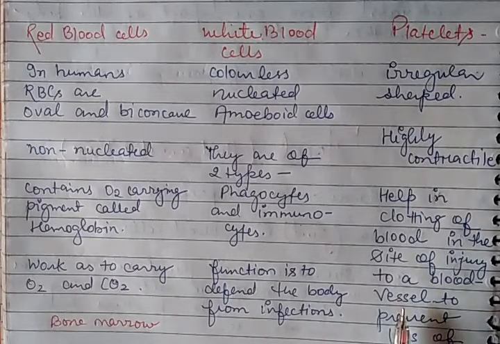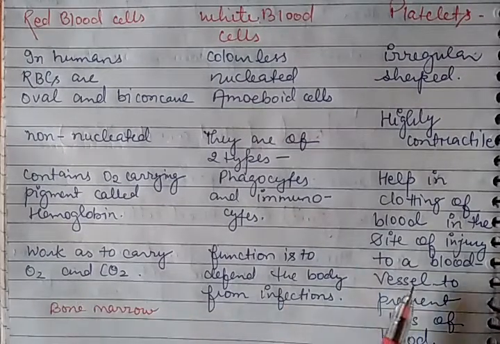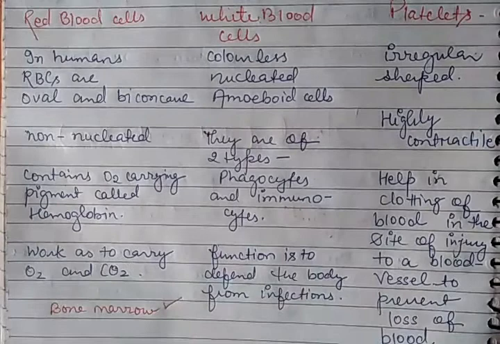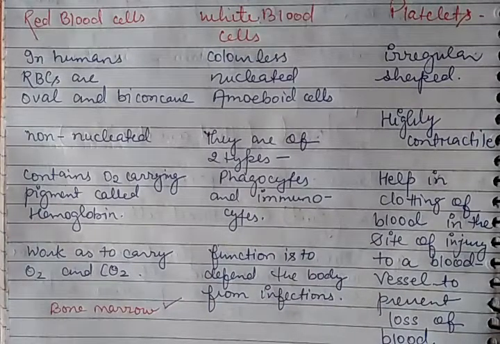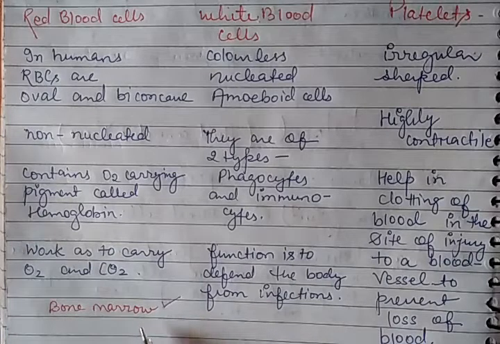So this is about the blood cells. One thing has to be remembered: all these blood cells, white blood cells, red blood cells and platelets, do not divide and do not multiply, meaning they cannot produce new cells by themselves. So these cells are produced in the bone marrow. The substance which is present in the bone is called bone marrow, and these cells are produced from the bone marrow of the bones of the animal body, and that's why these cells have their definite lifespan.